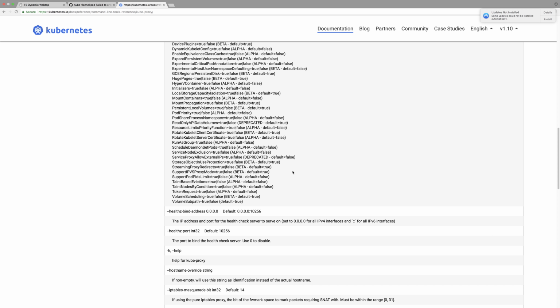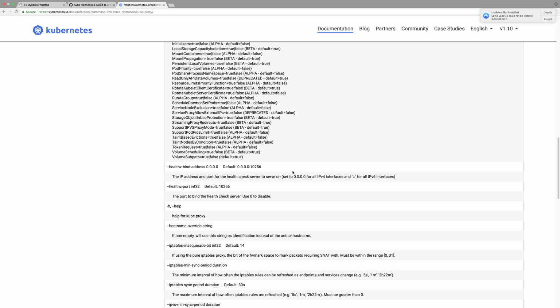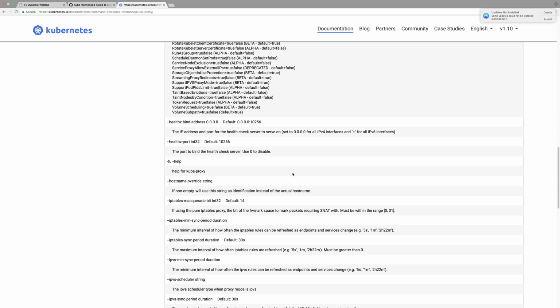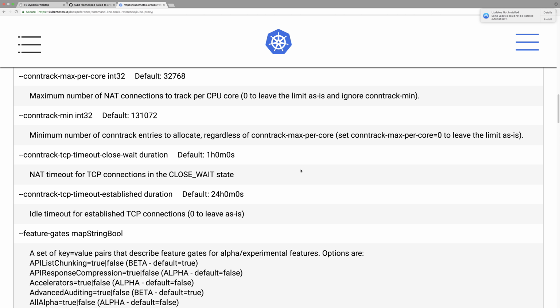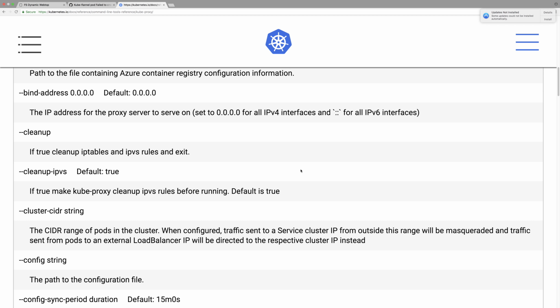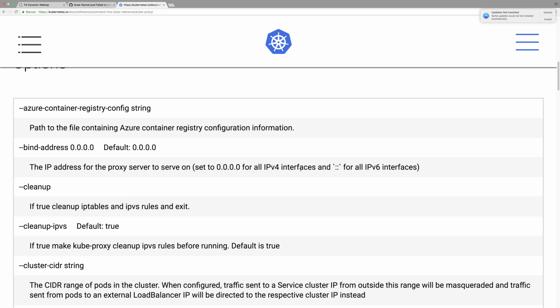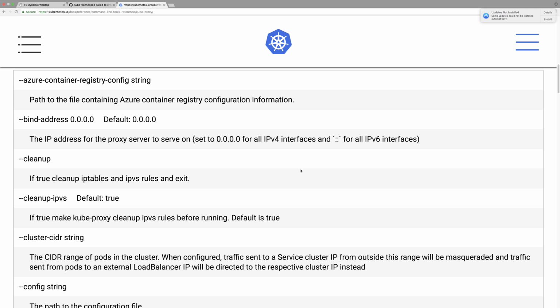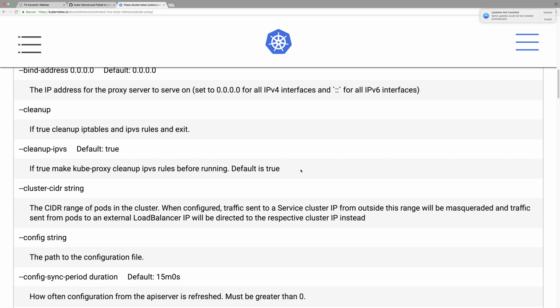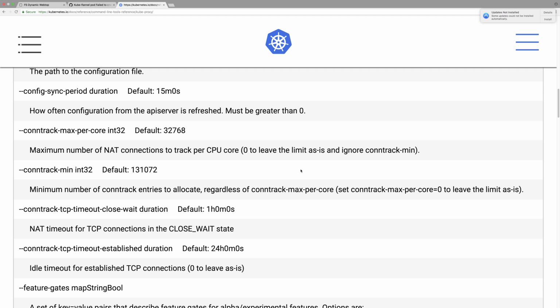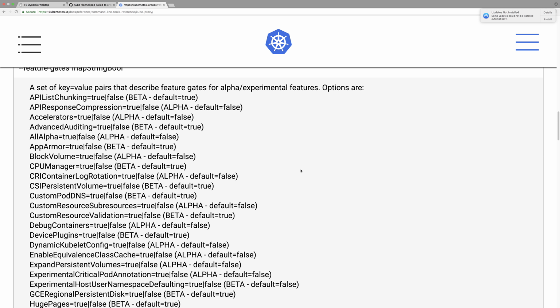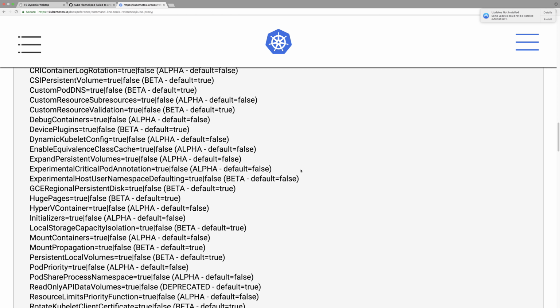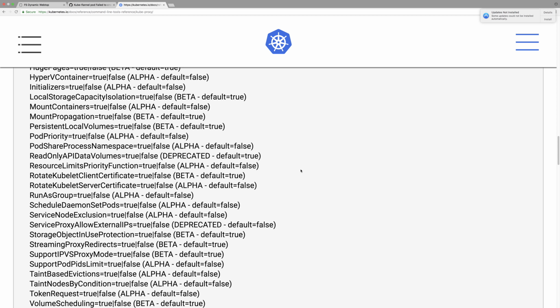So if you look through all the kube-proxy source address translation or masquerade, you will find nothing